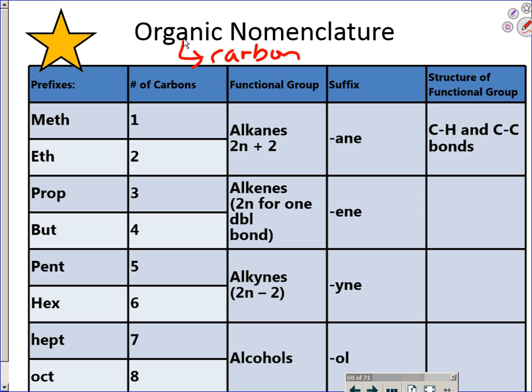So if you have one carbon, you say meth. If you have two carbons, you say eth. Three carbons, prop; four carbons, but; then pent, hex, hept, and oct. Those last ones are very common to what you've been experiencing before with prefixes with covalent. The first four are the random ones that you have to know and memorize so that you're not thinking, okay, what's 2, what's 2? It's not bi, it's eth.